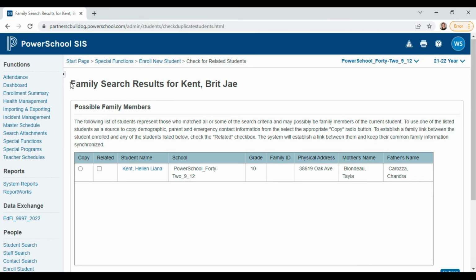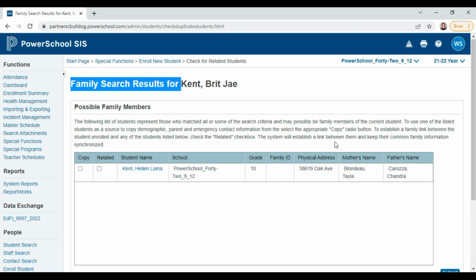Okay, great. We actually have a family search result here for the student. It says possible family members. The following list of students represent those who matched all or some of the search criteria and may possibly be family members of the current student. So I have an option here to select copy or related. The rest of the instructions say to use one of the listed students as a source to copy demographic, parent, and emergency contact information.